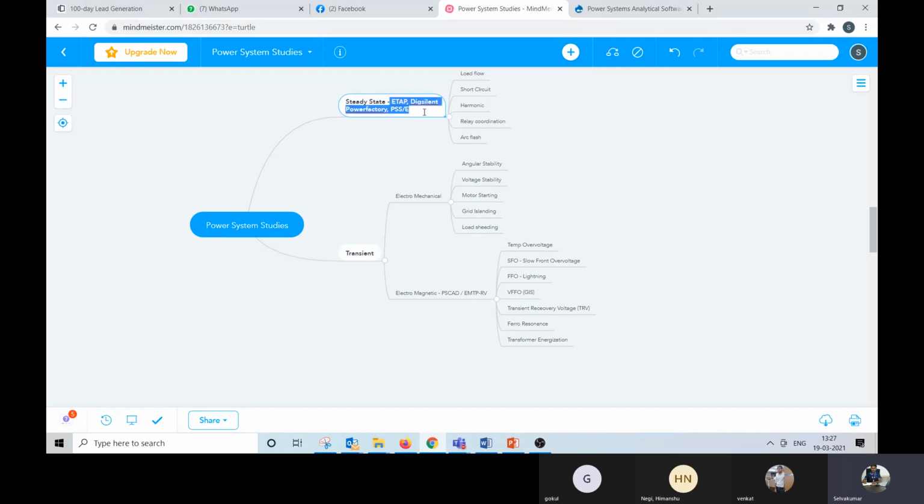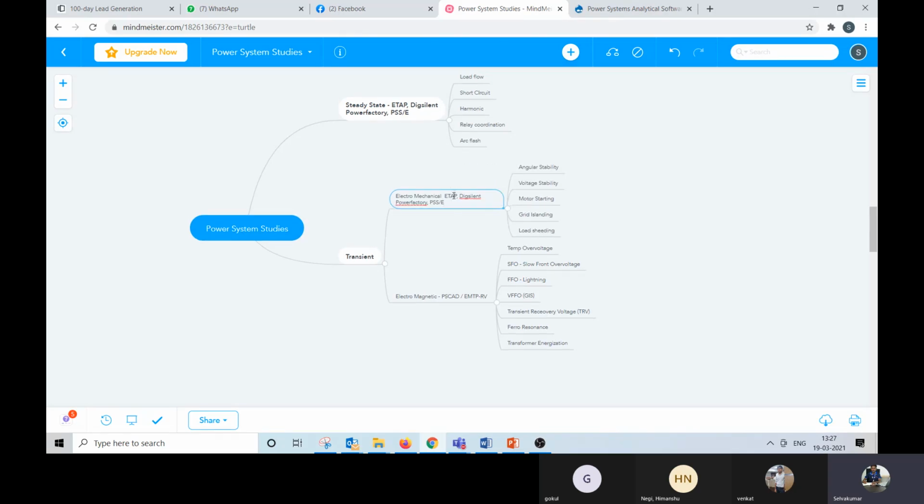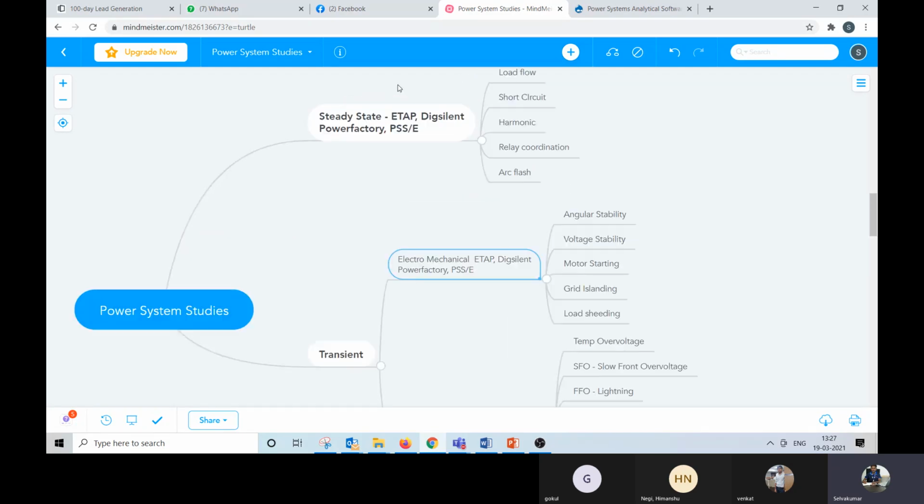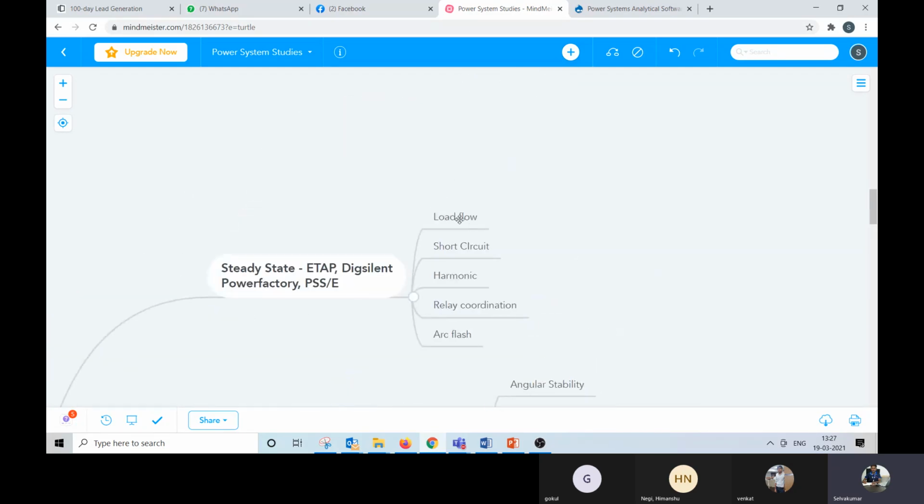So I'll copy that here also. In steady state analysis, you have load flow analysis, short circuit, harmonics, relay coordination, and arc flash, right? So you have a fair idea of all the studies.